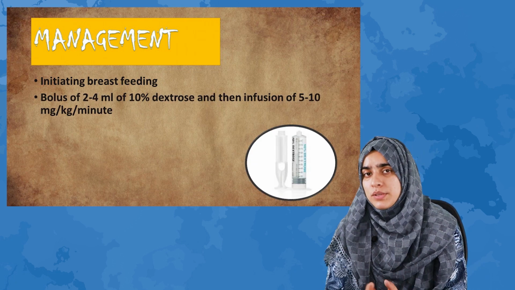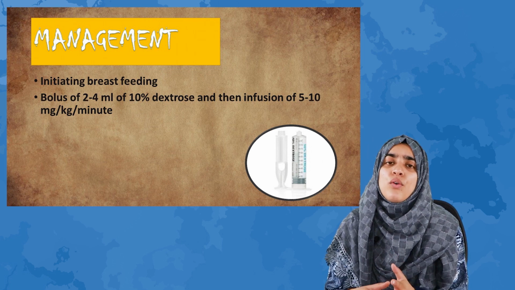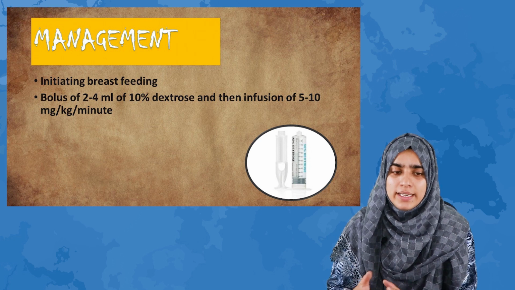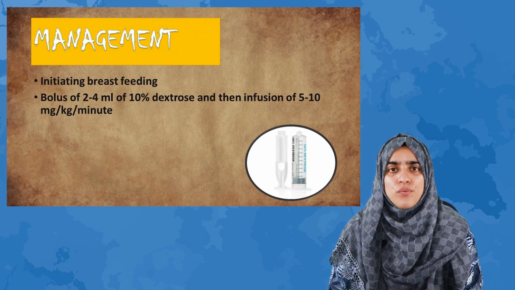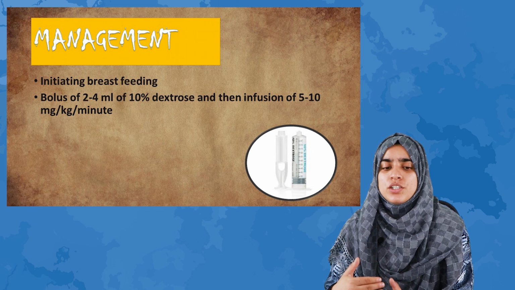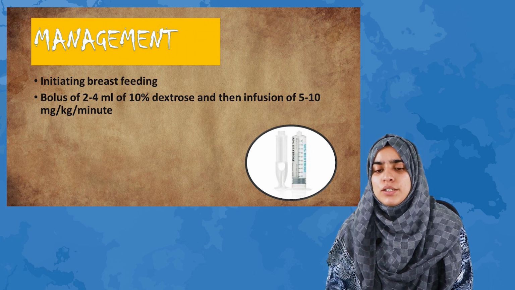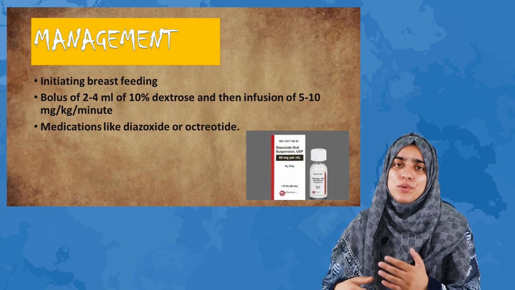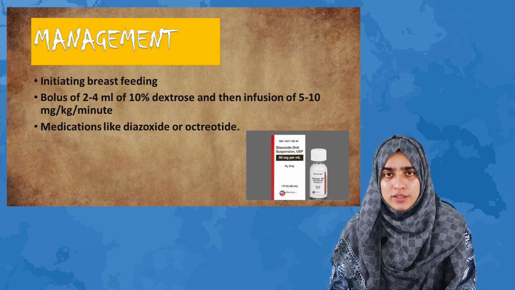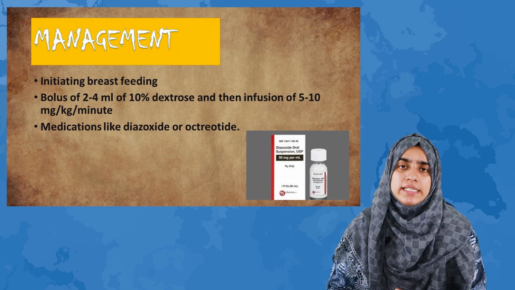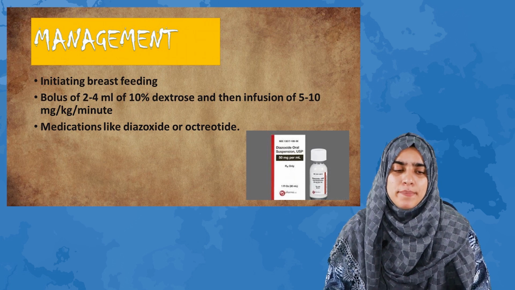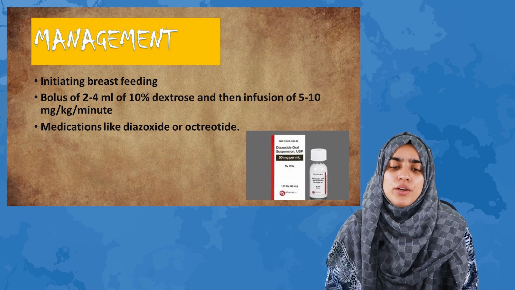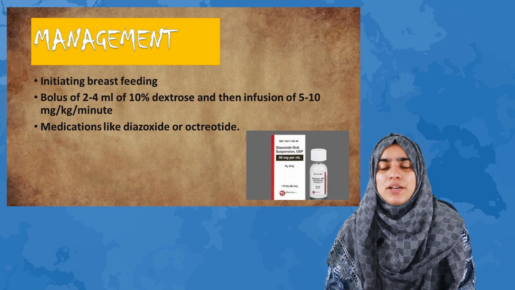Infants with symptoms can be given a bolus of 2 to 4 ml of 10% dextrose, followed by an infusion of 5 to 10 mg per kg per minute till blood glucose rises above 40 mg per deciliter. If the hypoglycemia continues even after giving the bolus, then the baby may need medications, for example diazoxide, which will increase the blood sugar level, or you can go for octreotide, which will reduce